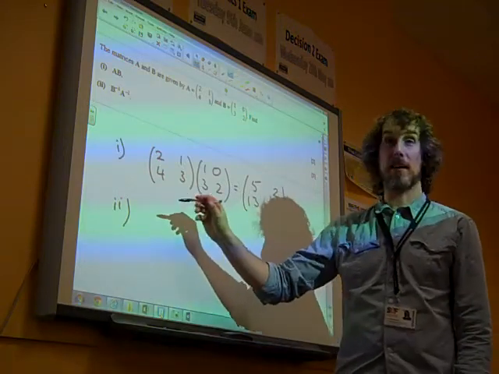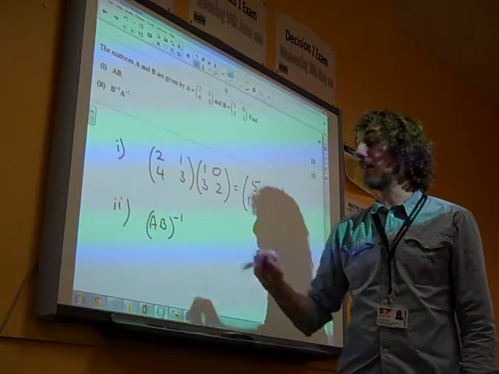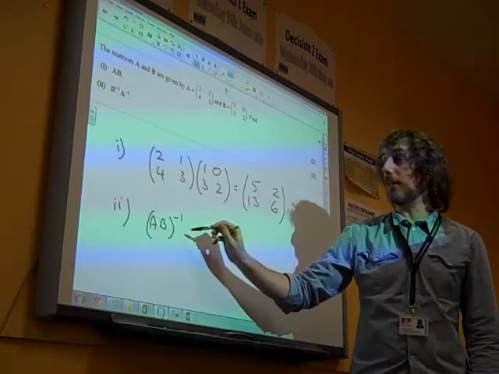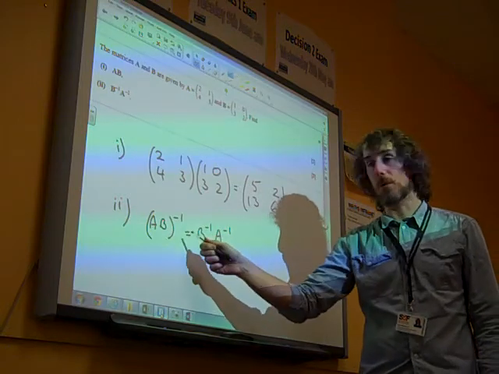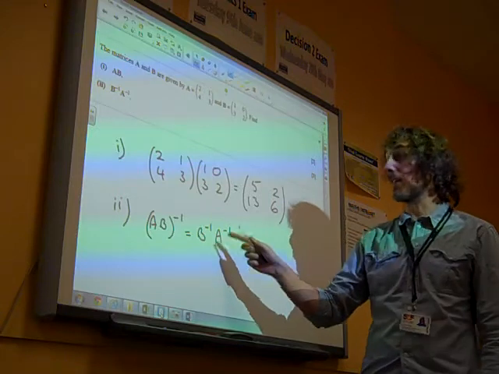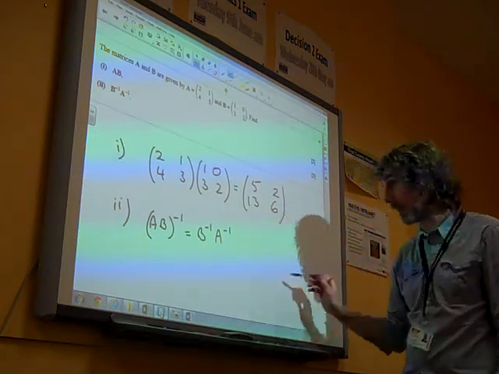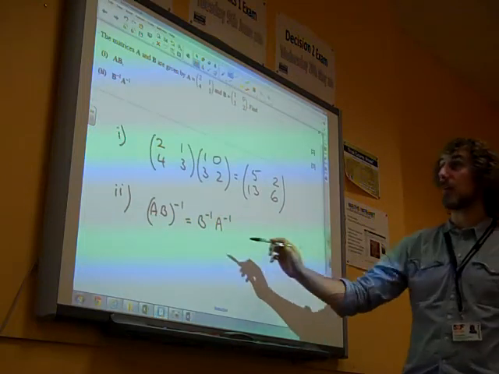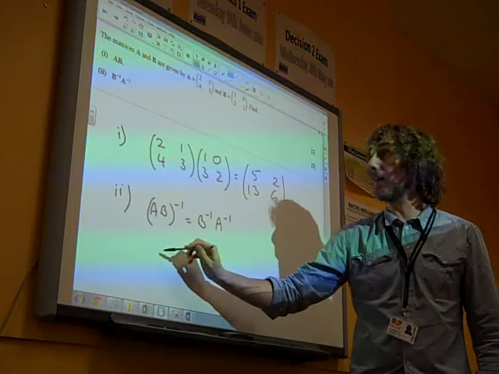Alternatively, we could recognise that if you take the matrix AB and find its inverse, then what you get is inverse B times inverse A. Remember, the order swaps around when you take the inverse of the whole thing. So there's kind of a mark for recognising and using that fact. So that means that if that's what we want, actually the question is saying find the inverse of what you did in part A. So the inverse of that